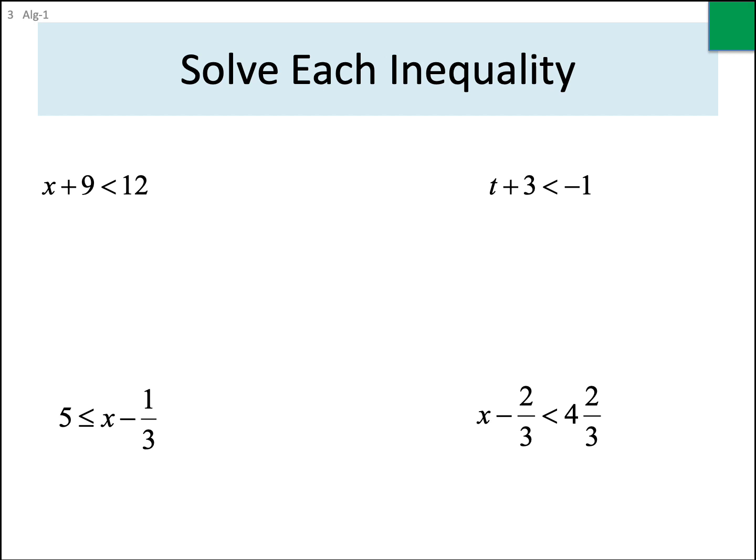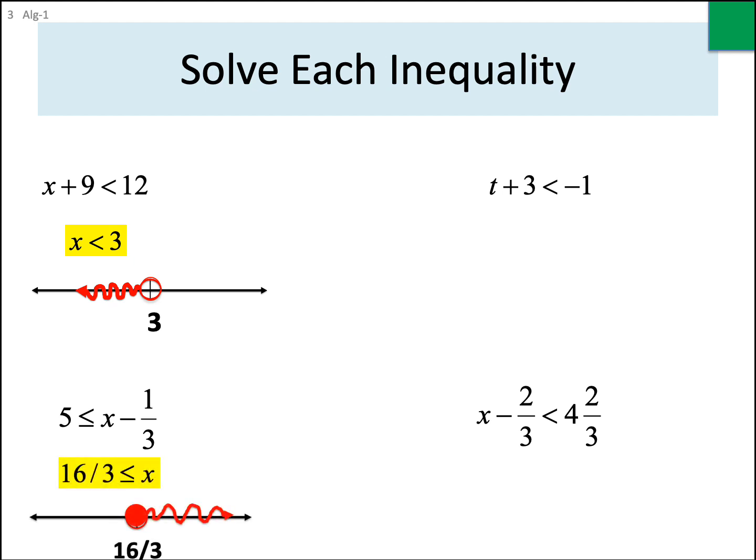All right, the first one, we subtract 9 from both sides. That would be open circle, shade left. Bottom left, let's see, add 1/3 to both sides. That would be 16/3. Closed circle, and that one is shade